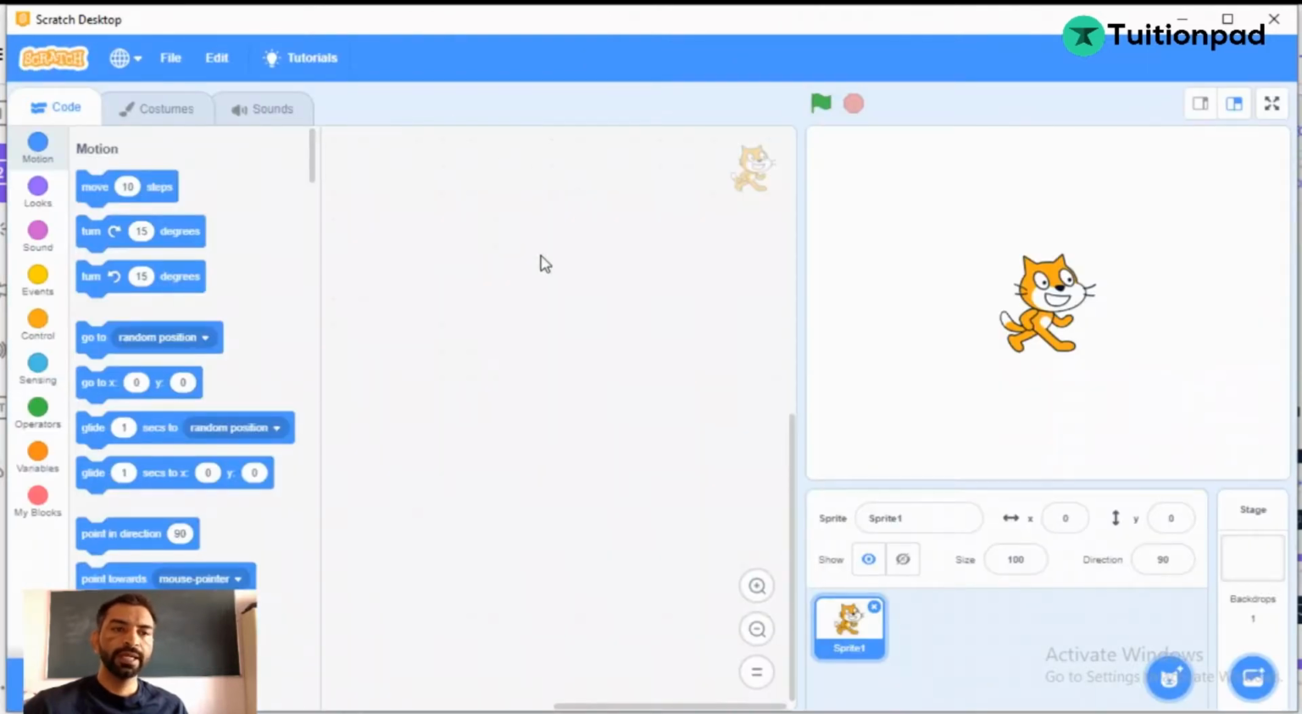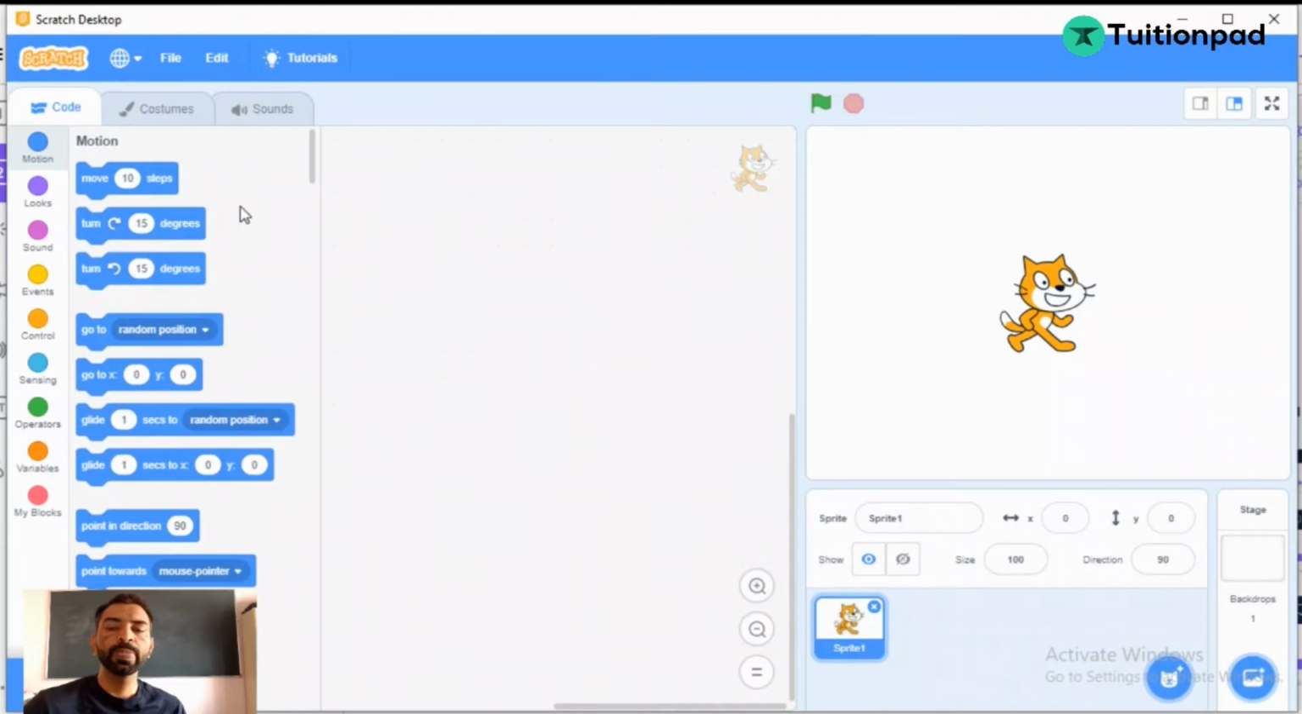So come back. Now we are coming to the code blocks. In the code blocks there are certain categories. All these code blocks belong to these categories. The first one selected here is Motion. Motion code blocks are related to movement. Like you can see here,